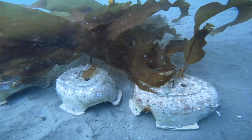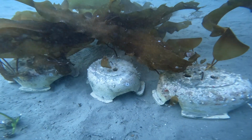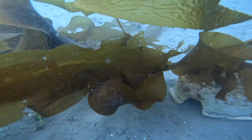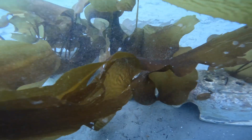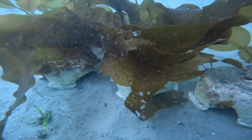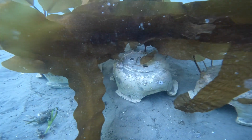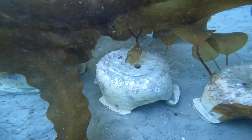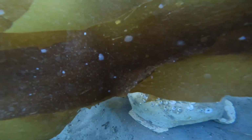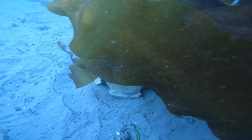The purpose of the sea cave is to be biogenic, meaning that it creates more life than it attracts, and it creates a dividend of life. And they're designed to be so encrusted and so lifelike that after they're on the seabed for 3 to 5 years, you should be able to swim along and barely be able to tell that they're a man-made structure. They should just blend right into the ecosystem,